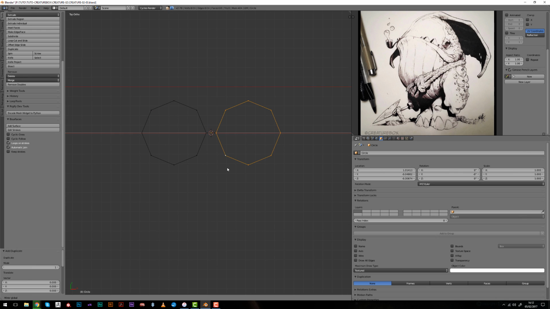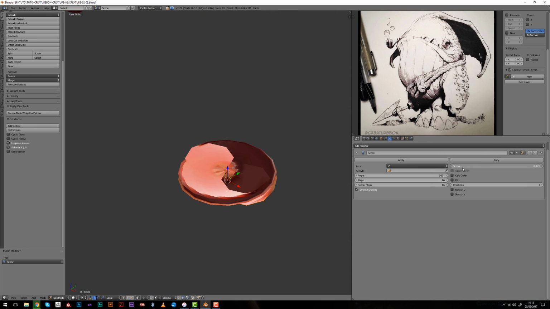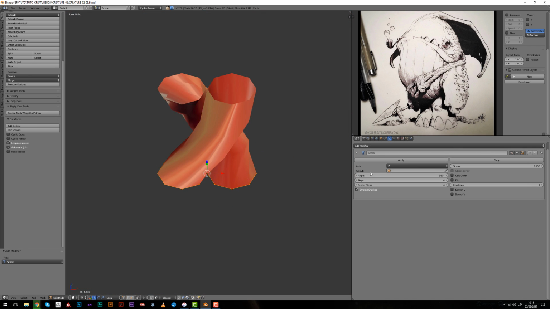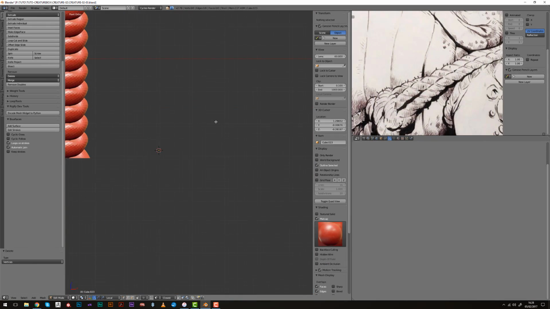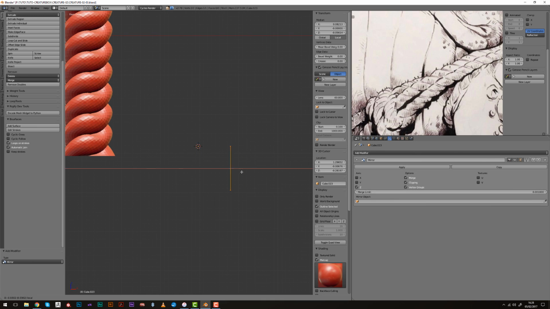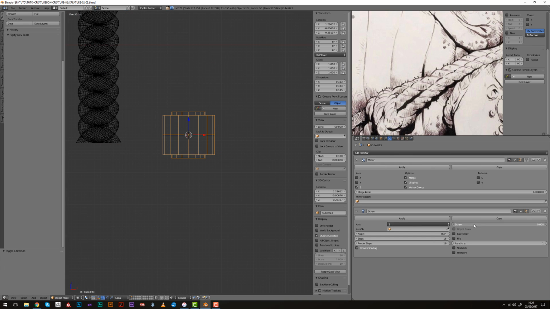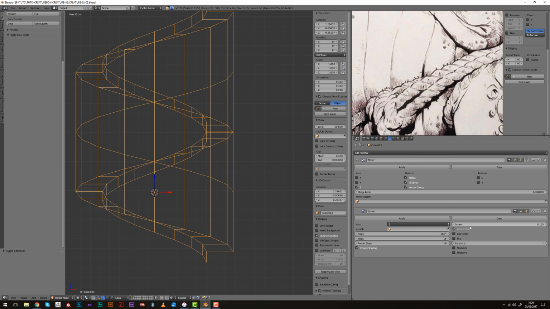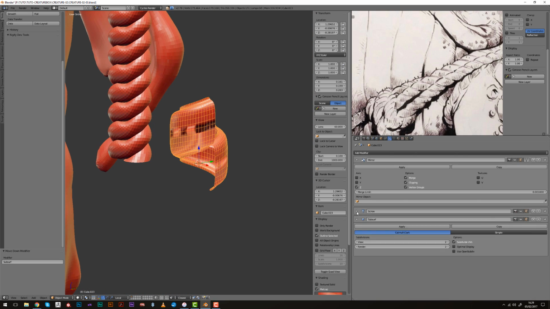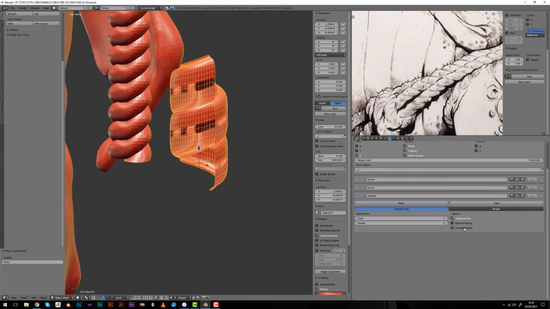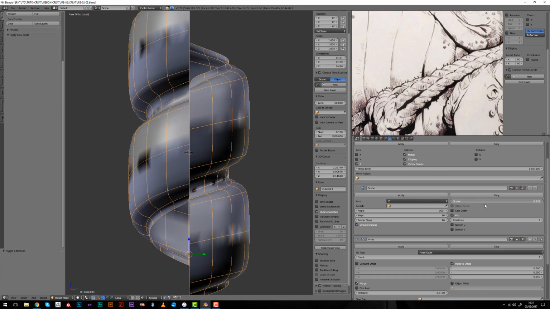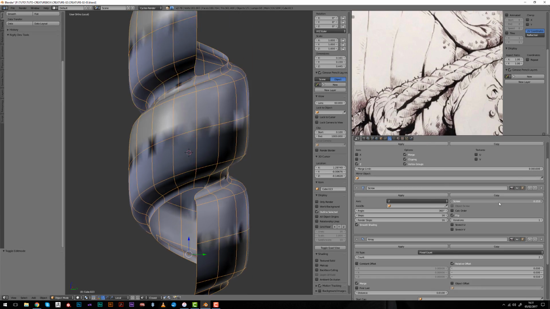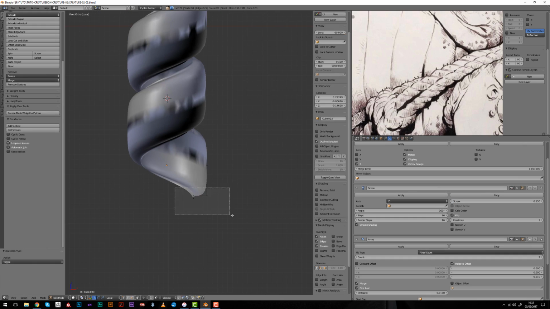Then it was time to model the rope, so I first tested this using a twisting effect, but it was not the good method for it. This kind of braid shape didn't work, so I've decided to make it really more simple, as you would do a shell or something, and then using the array modifier and trying to match and merge the different sections, that will allow me to have pure control on the shape of the rope.